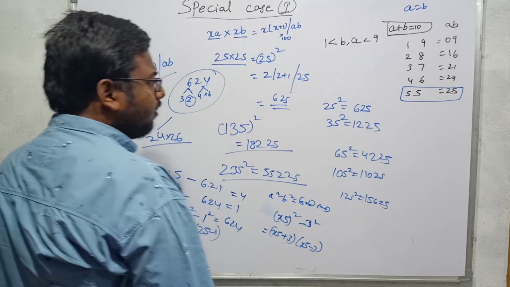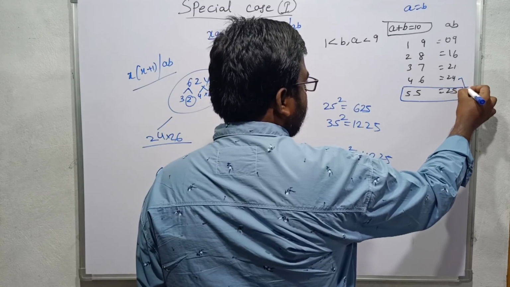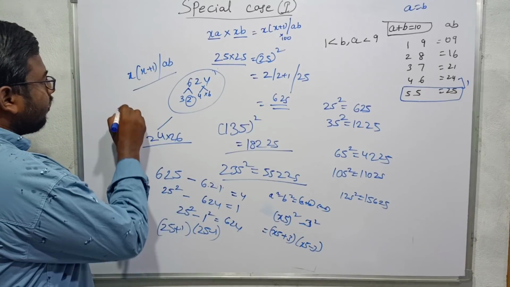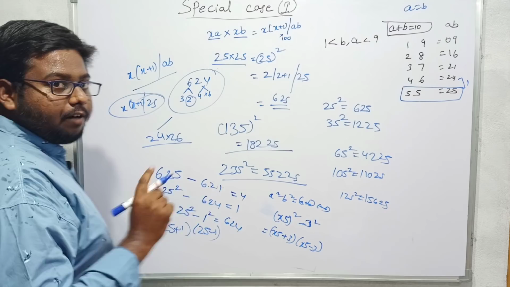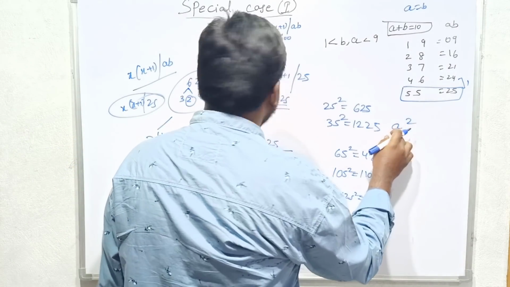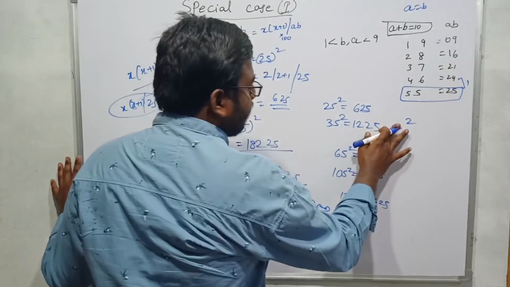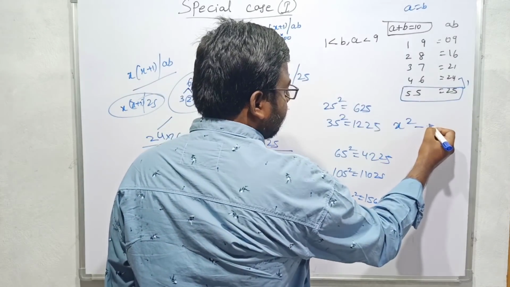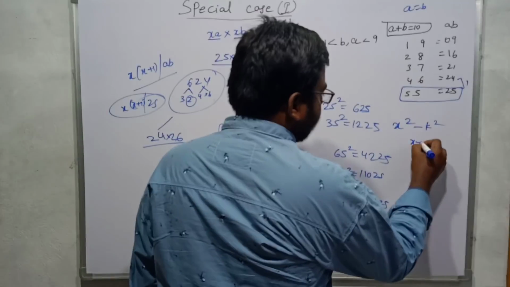For example, if you want to find for the, we checked for 24 na, that means the gap between 24 and 25 is 1, because we strictly know that x into x plus 1 beside 25 is strictly a perfect square. So if I am calculating, I will consider this x into x plus 1 beside AB as x square. If I subtract x square minus any perfect square, that means k square, then I will get x plus k into x minus k.